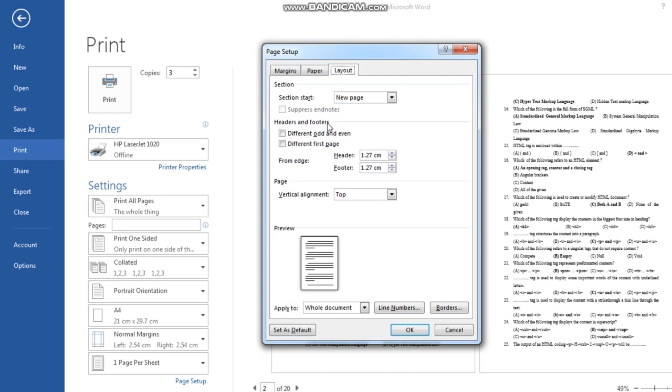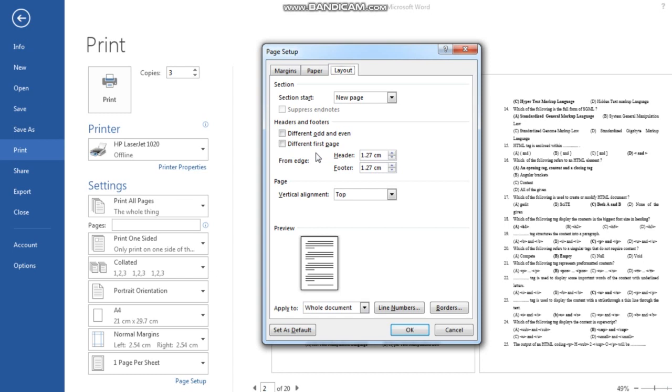Now header and footer I taught you in the earlier video. What is header and footer? Suppose you want to print page numbers on all the pages on the upper side of the page, you can use the header facility, and if you want to print page numbers on the bottom side of the page, you can insert the page number in the bottom side. Another thing, if you observe your textbook, now I am coming to the topic, listen carefully. On the bottom side of your page, on the left hand side page, your textbook name and page numbers will be printed, while on your right hand side page, the name of the chapter and page numbers will